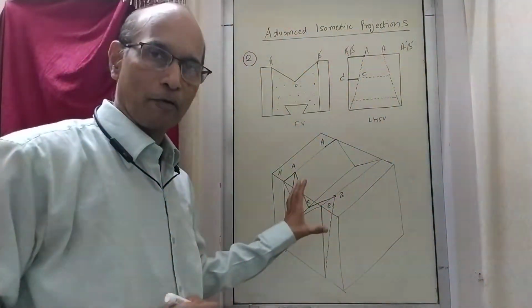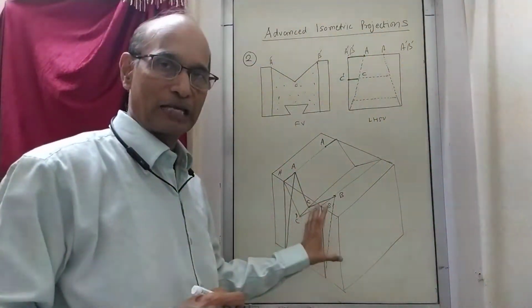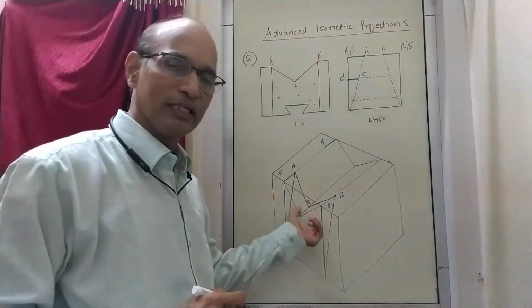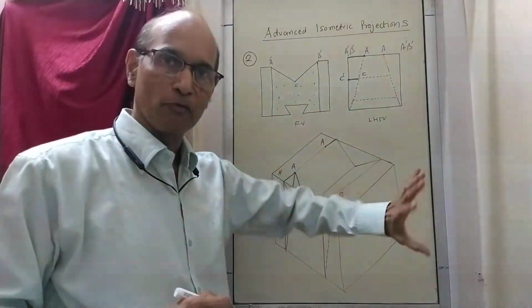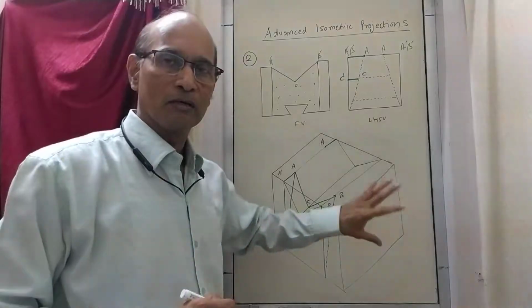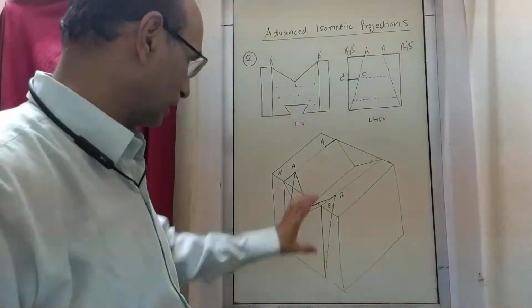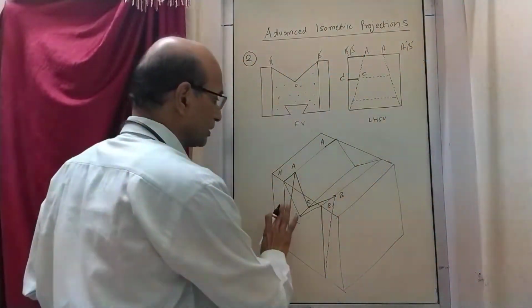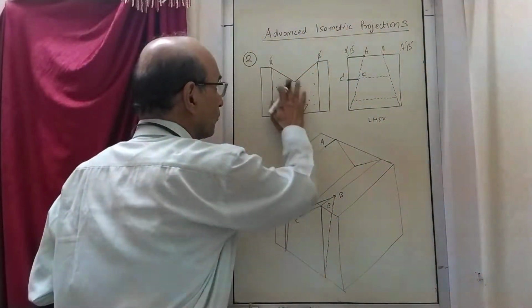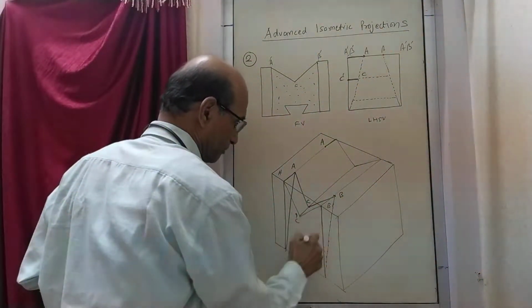Now when you draw, you will draw with actual dimensions, and the shape will come different. I am not drawing with any actual dimensions, so the way it is seen here and the way you will draw it, there will be a difference. So you draw as per the procedure. Whatever shape comes, whatever lines come, they are correct. I am not drawing to scale, so it is seen like this. So I have shown you the inclined plane, which I have shown by these dots.